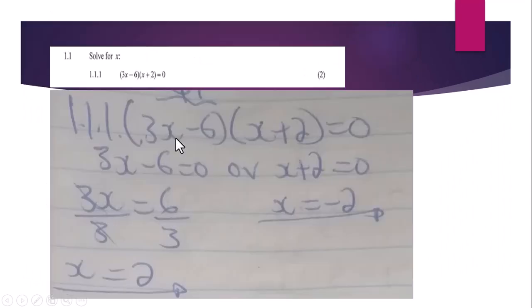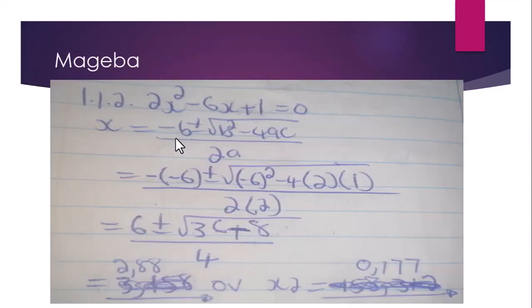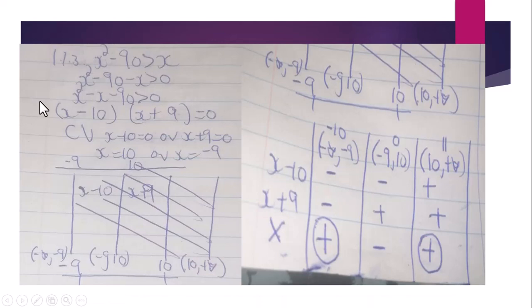Okay, let's just continue with this. Right, and then I have 10 and 9. It doesn't really matter where you put your 10 and your 9. It will not make any difference. But what is important is that the bigger number, which is 10, must take the sign of the middle term, which is negative. Now remember, when you multiply the two factors that you have found, 10 and 9, they should give you a negative. So if this is negative, this one has to be positive, because negative by positive, it's